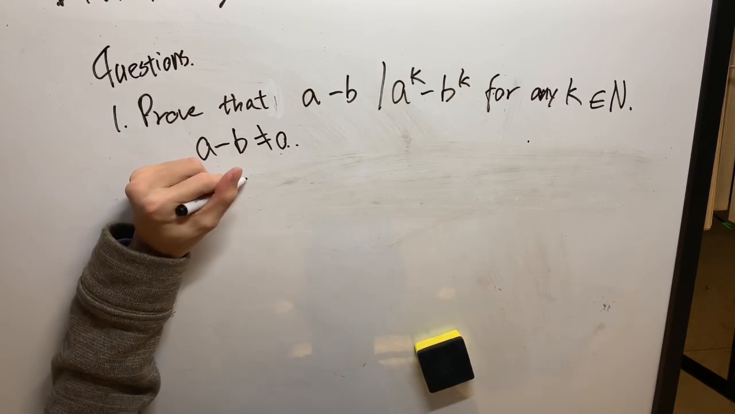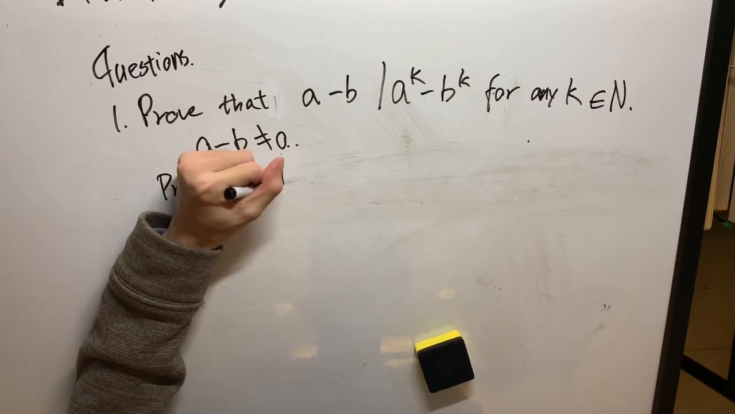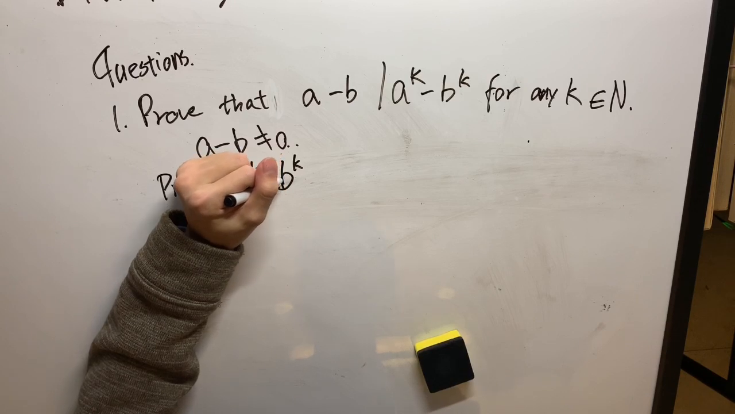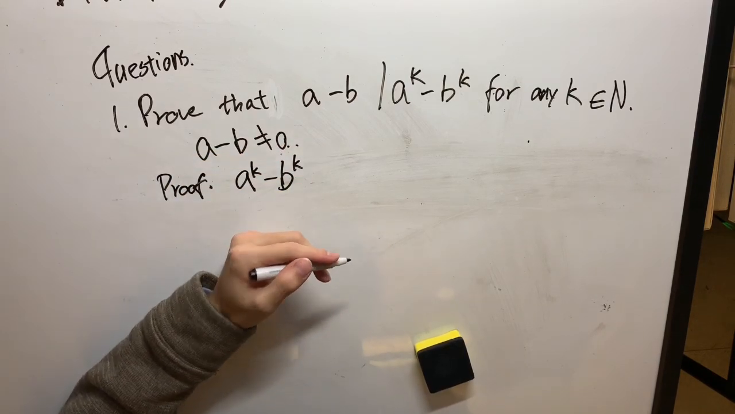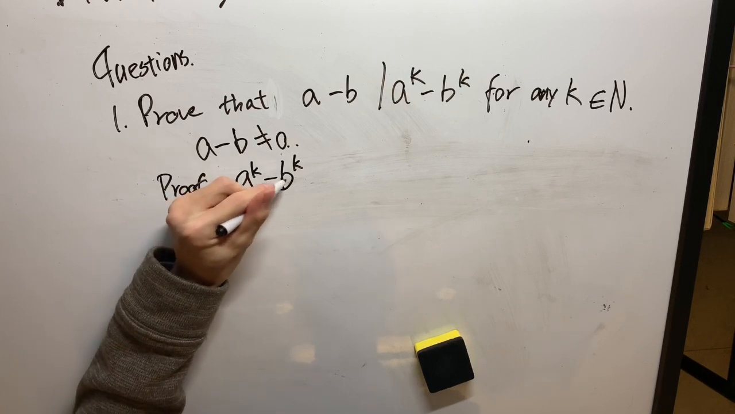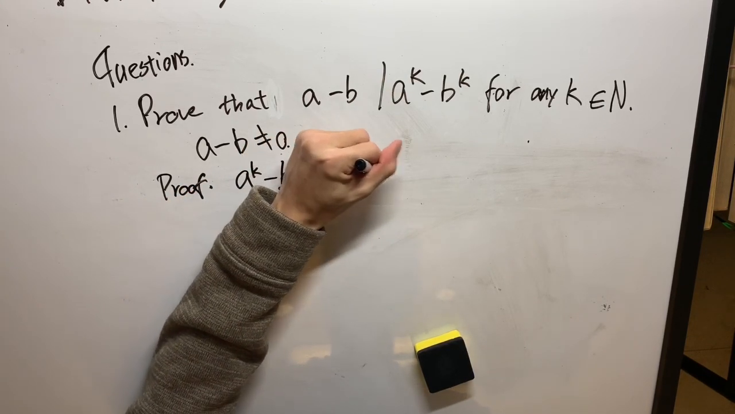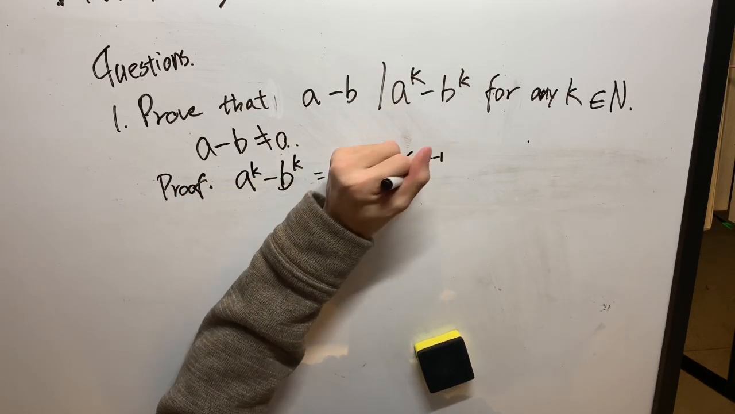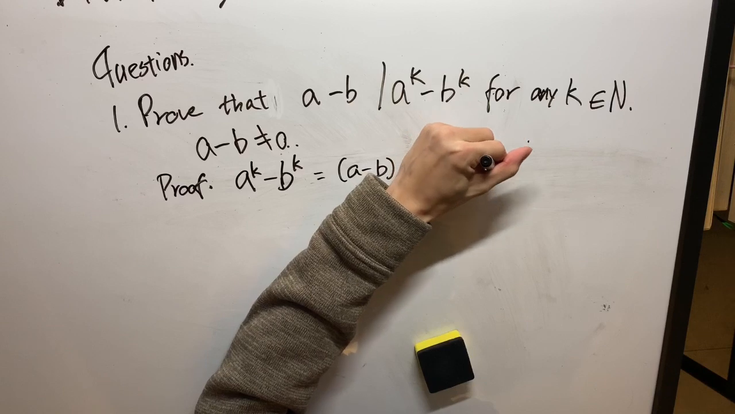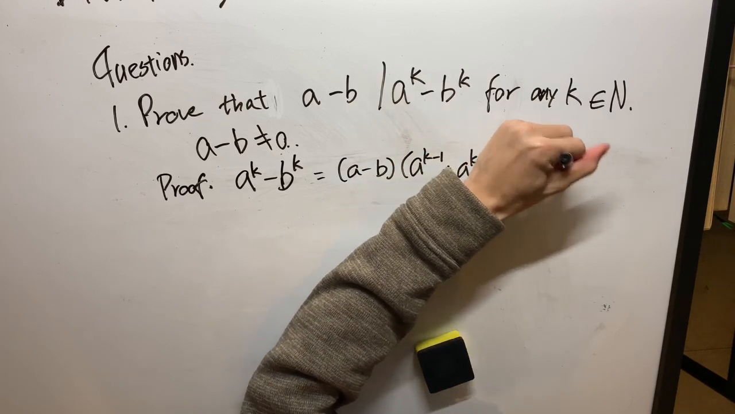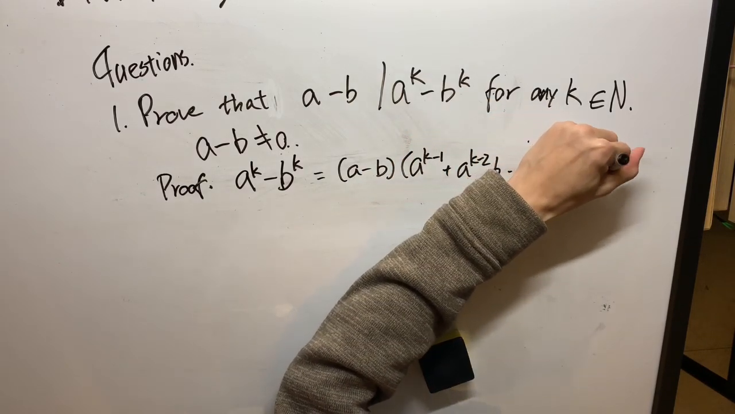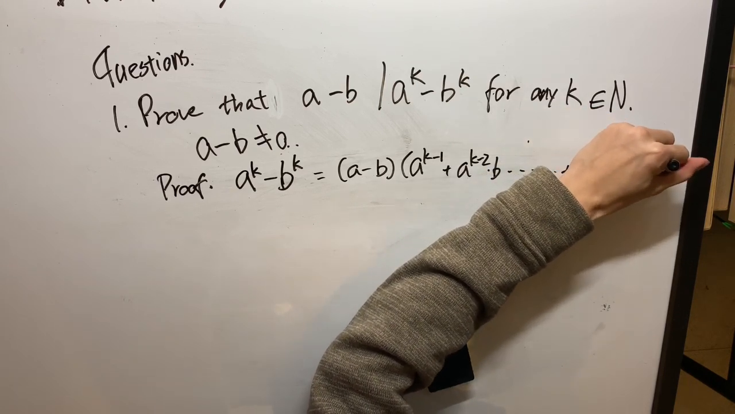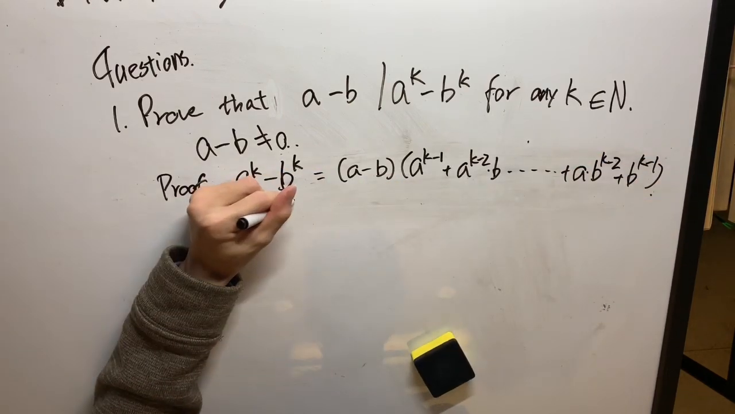So there is a common formula for a to the k minus b to the k. Maybe we did not learn that in high school algebra, but we will learn that during university. So a to the k minus b to the k equals a minus b times a to the k minus 1 plus a to the k minus 2 times b, all the way to plus a times b to the k minus 2 plus b to the k minus 1. That is true for all k